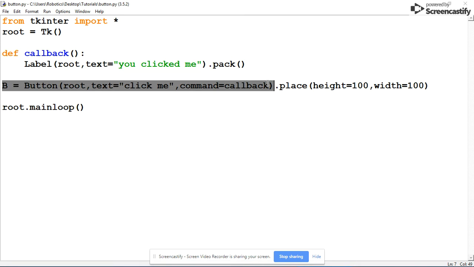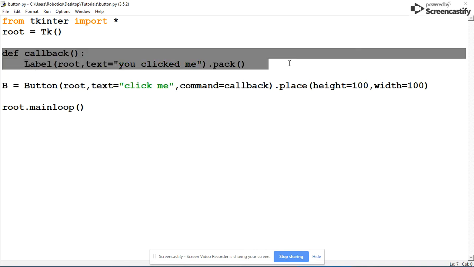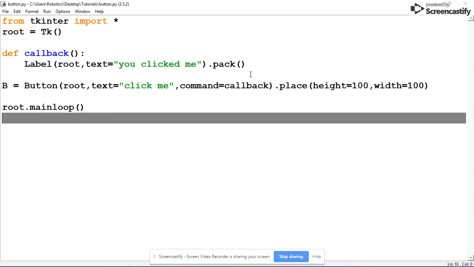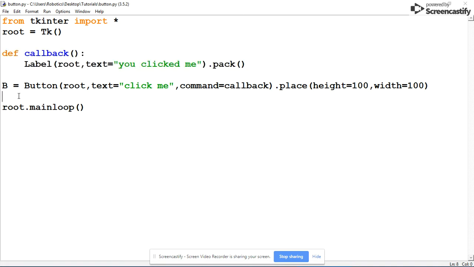We learned about pixel usage, and if you do place, that is for pixels, and if you do button, it makes it a lot bigger, and it's not just 100 pixels. And then we also learned how to do this function and compare these two up. Now there's one more key thing you need to remember. I'm going to put my function right here